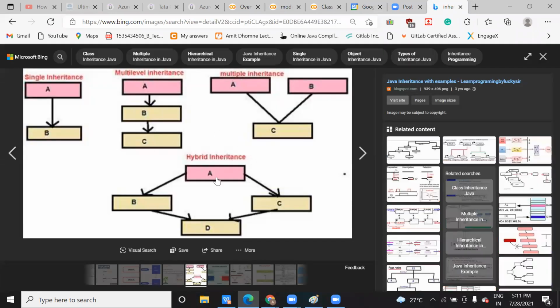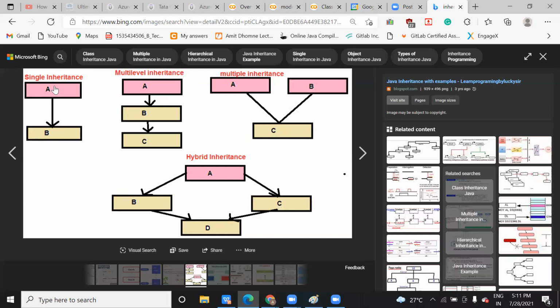See, do you see this image? Okay, in this image, single inheritance. What do you mean by single inheritance? You have two classes, A and B. This A class acts as a parent class, B class acts as a child class, and you are going to reuse the methods and variables of A class in B class.